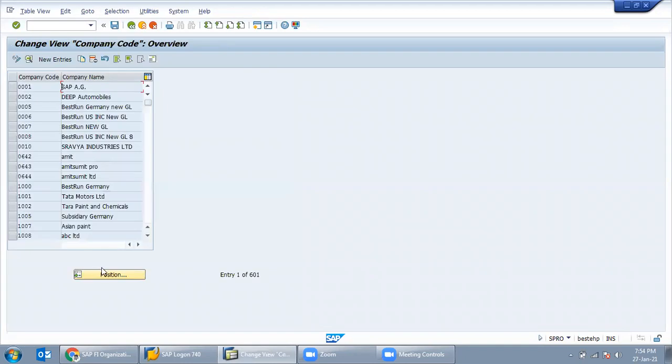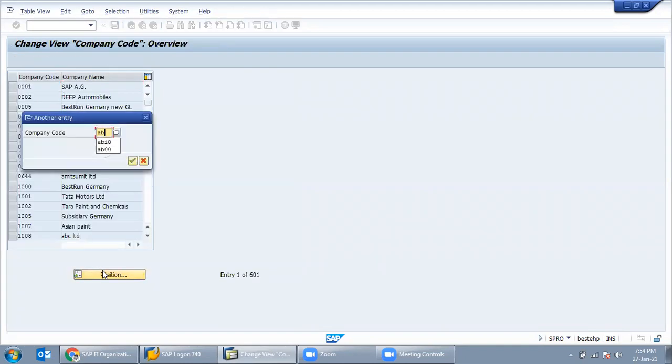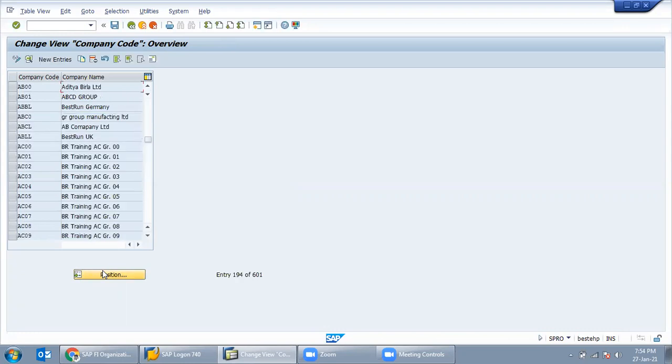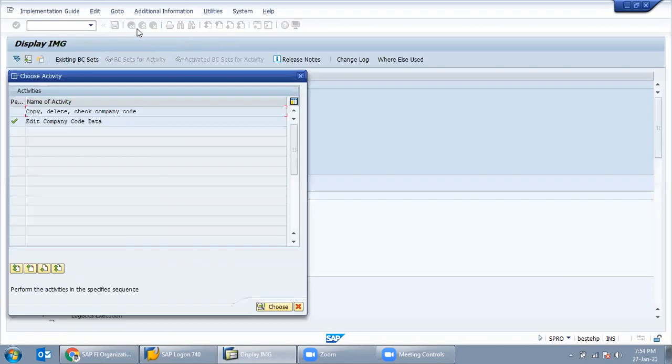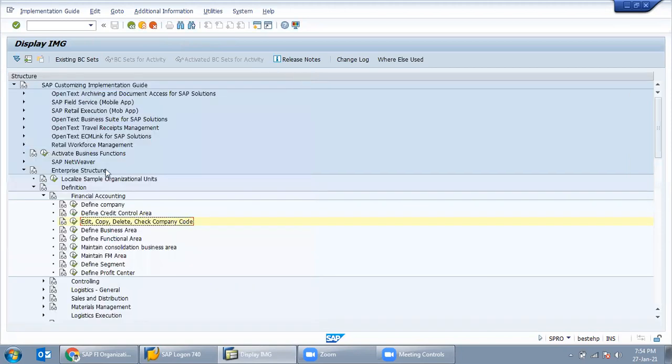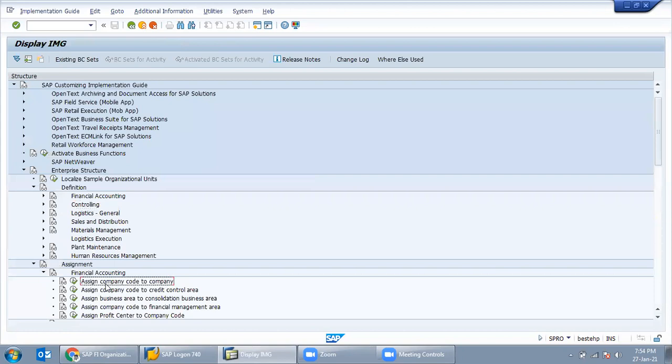In this I have created AB00. So for Aditya Birla Limited, I have created the company code. After creating this company code, we need to assign it so that the company and company code are linked together. For that linking purpose, we need to assign the company code to the company. Now understand?